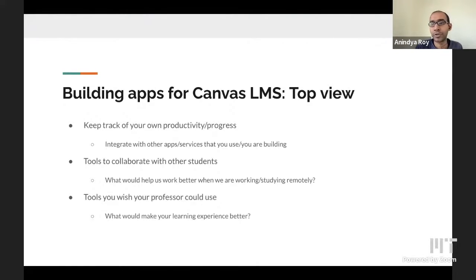And we would like to know, we would like to help you with any of the building process. If you want, we'll be able to connect you to other people who are more aware of the technical aspects of it, if we are not able to help with that ourselves.